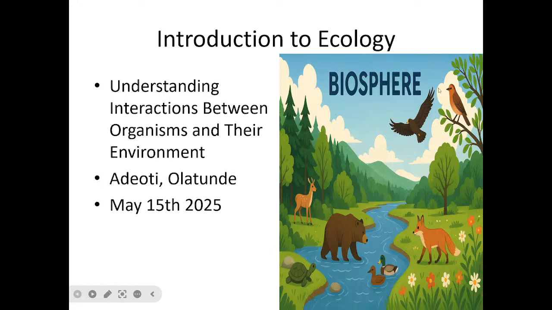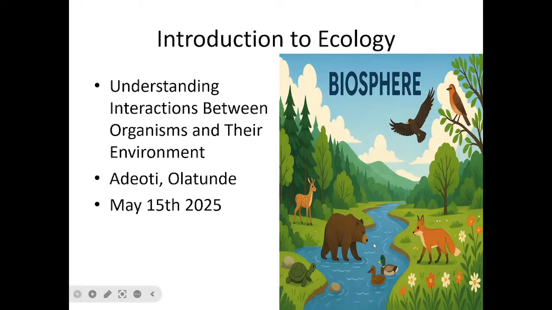From this, we can see the sky, and that is what we call the biosphere. Bio means life, and sphere means space. That is the space that contains life. So we can see around here that all these organisms, ranging from plants to animals, including this bird, are having a kind of interaction within the environment. So if there is a problem with the environment,